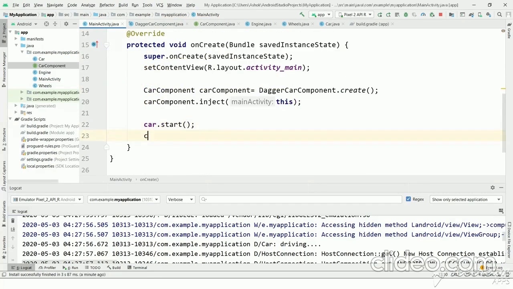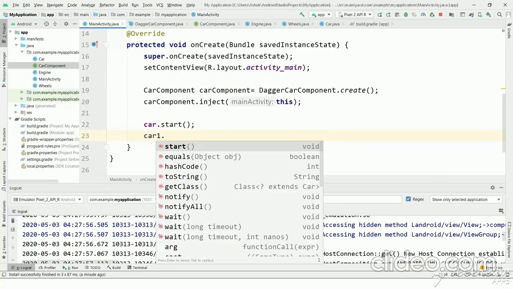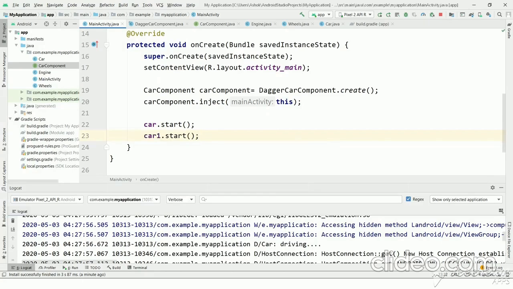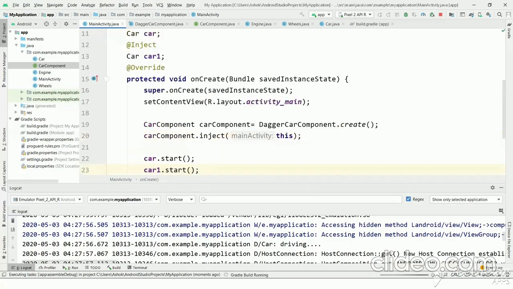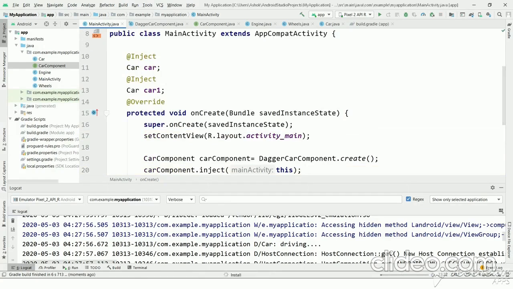Let's print car1 dot start. Let's run again. Now we need to get driving 2 times because we have created 2 objects of car using inject annotation.